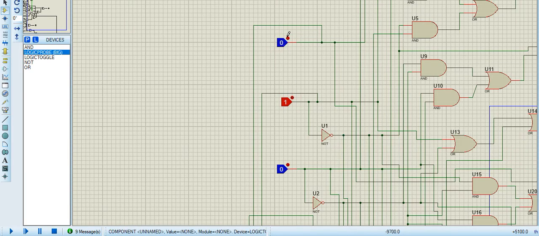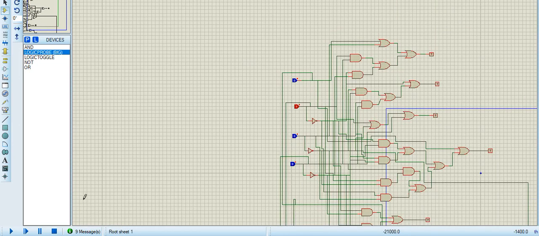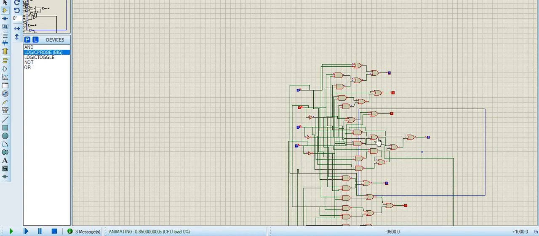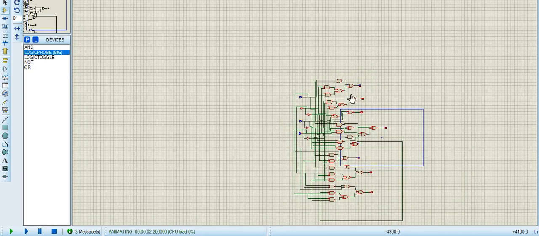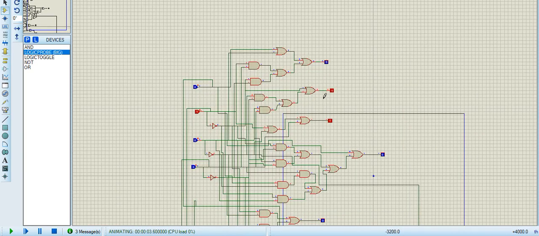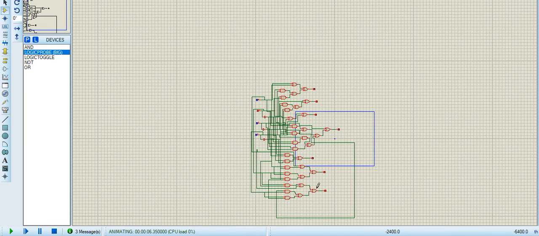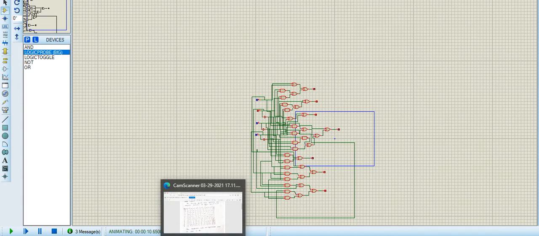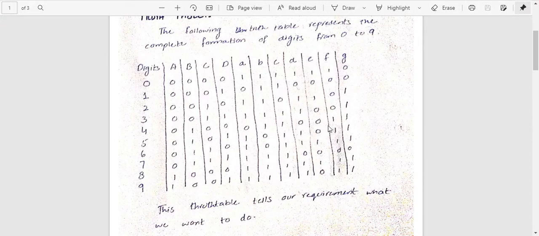If we run this, the logic that appears is at B, C, F and G. This clearly justifies our output, which was required. In this way we can solve each and every logic.